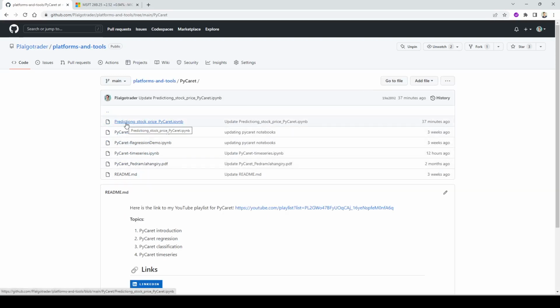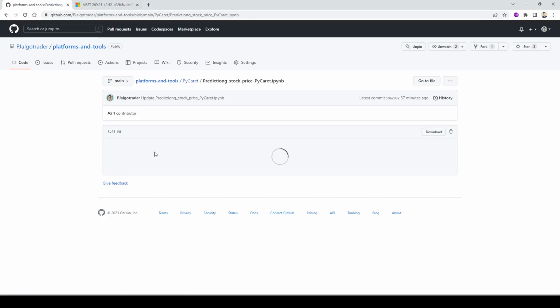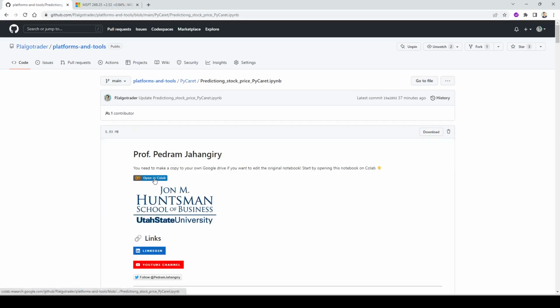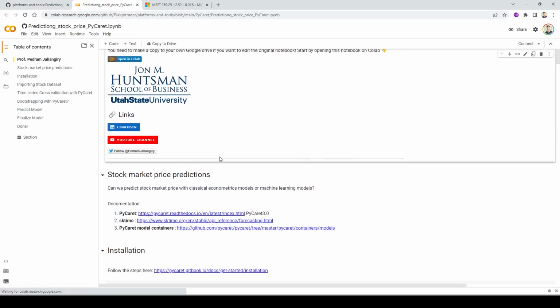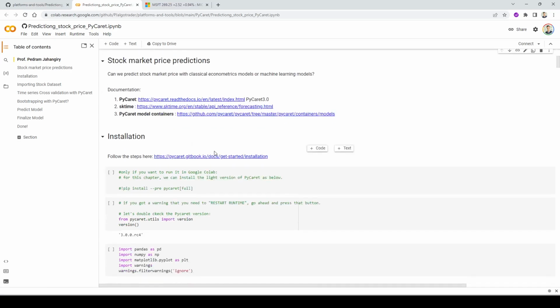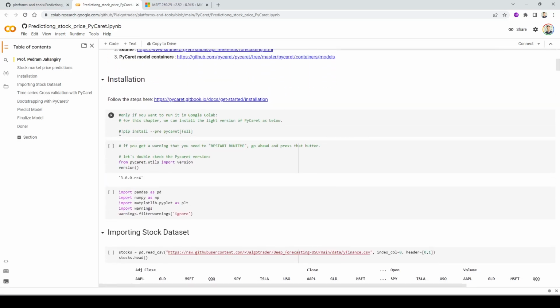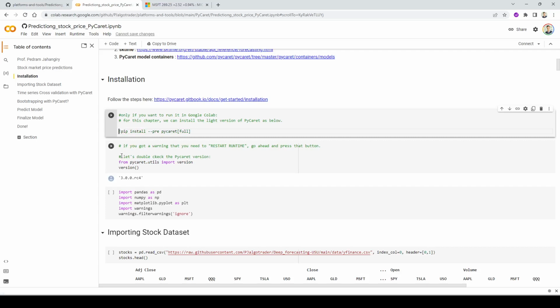So this is the notebook that we're going to work on. It's called Predicting Stock Price Using PyCaret. Okay, so let's go ahead and open it. And you can either run it on a Google Colab by clicking on this link, or you can run it on your local computer. I'm going to run it on my local computer. So if you want to do it on Colab, make sure you uncomment this one and then run this line,